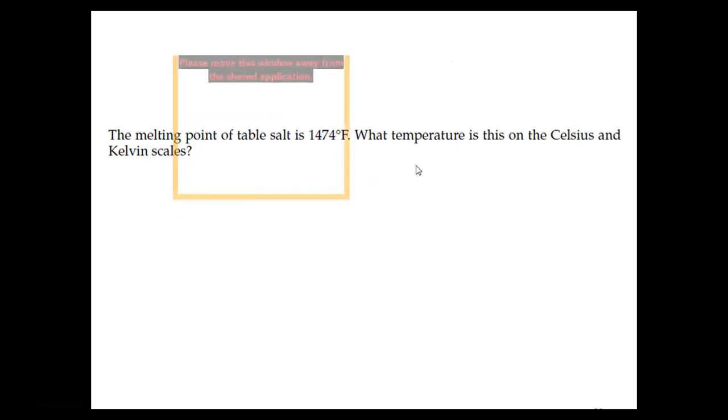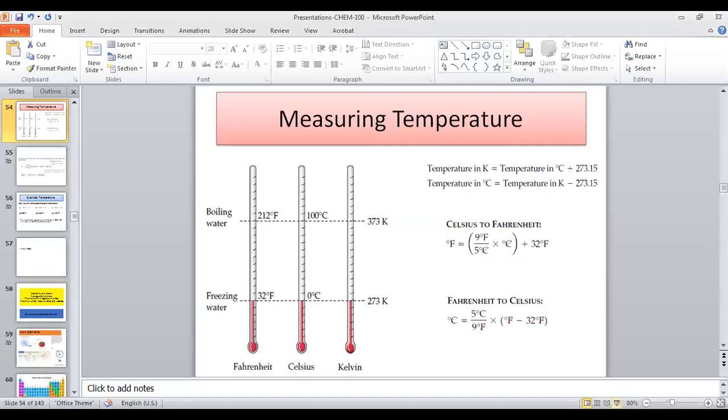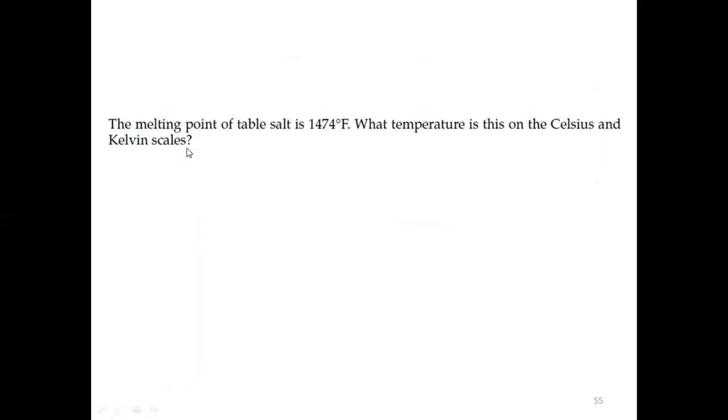The melting point, the first is the... okay. So now the Fahrenheit is given. If I ask directly to convert this Fahrenheit temperature to the Kelvin, first you have to calculate in Celsius, because there is no direct conversion from the Fahrenheit to the Kelvin. Then from Celsius you can convert into the Kelvin.